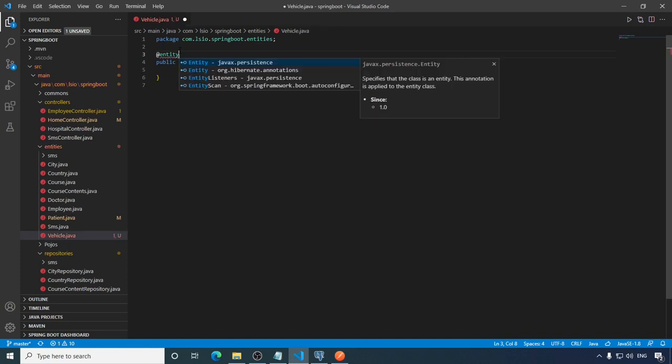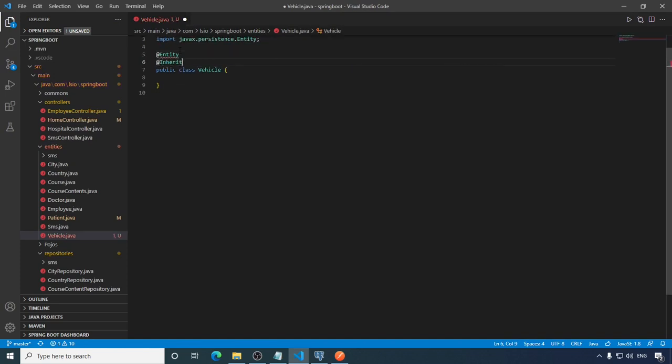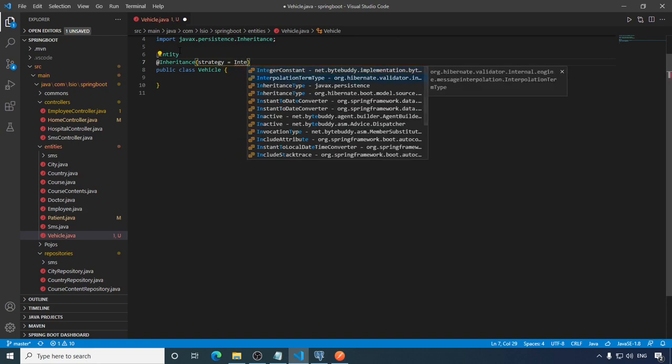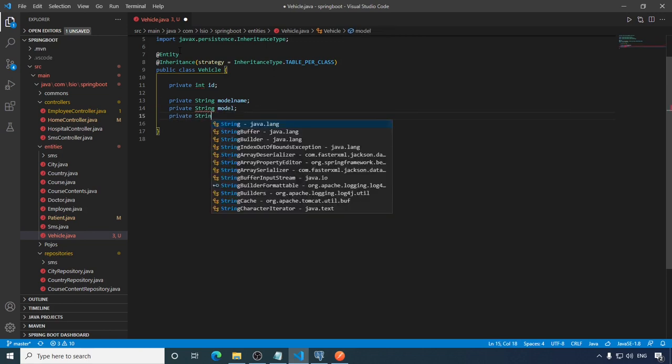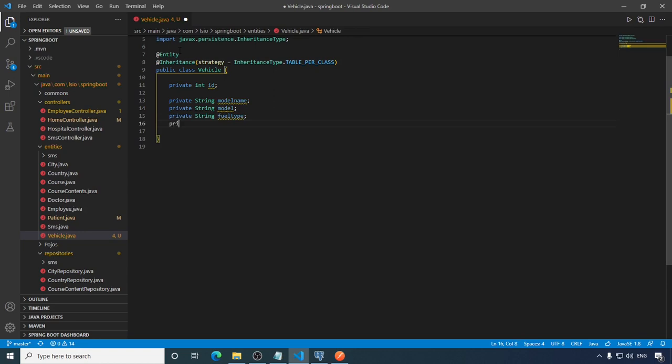@Entity, @Inheritance, strategy = InheritanceType.TABLE_PER_CLASS. Now let's define some common attributes that we require in the child classes also. Private int id, String modelName, private String model, private String fuelType, private String mileage, and